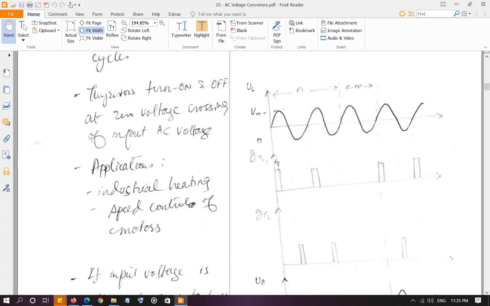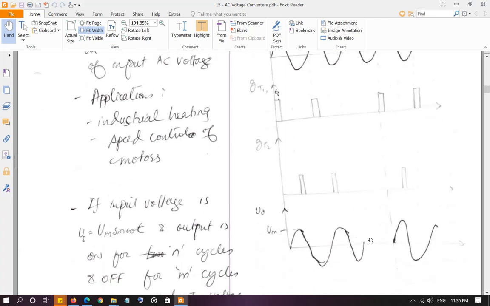Or in terms of time, it is 0 for the positive, and T0 by 2 for the negative, whatever time that is. T0, of course, refers to the output time period, which will be different from the time period of your waveform. Whatever T0 by 2 is here, that's when we send a signal to the gate